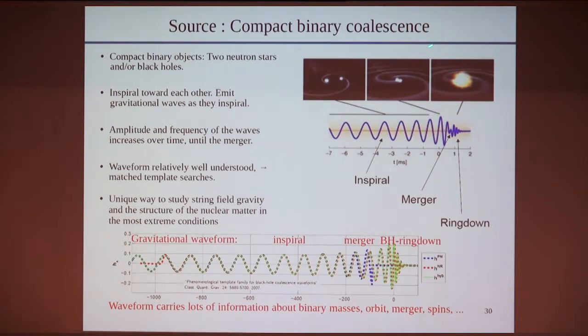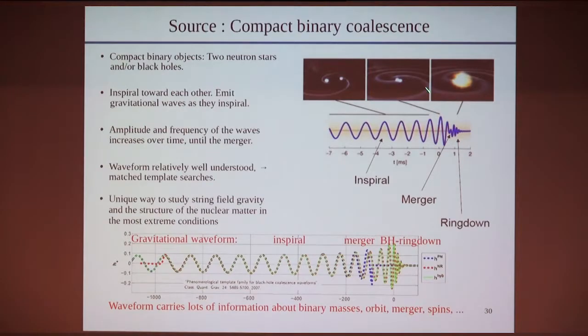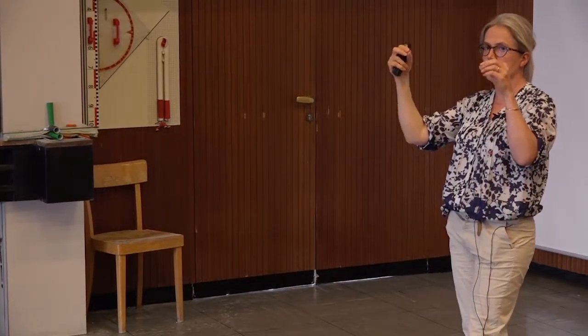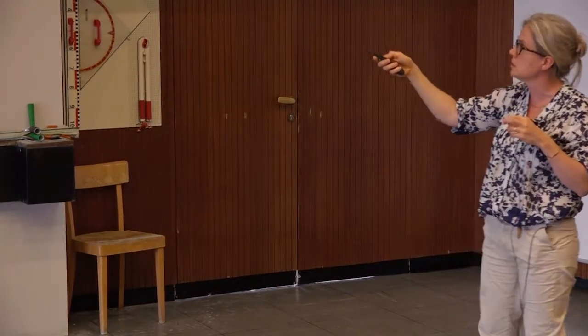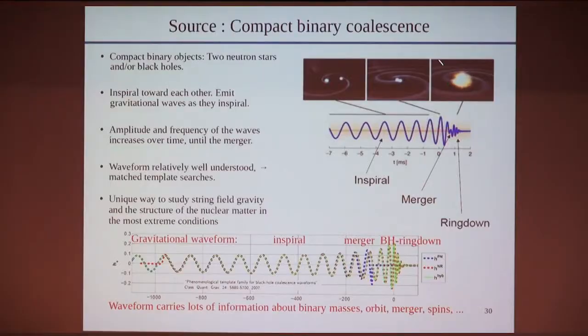So, compact binary sources, coalescence. Let's spend some time on that. As I was telling you, you have a binary system, formed of neutron stars or black holes, or a black hole and a neutron star. They will coalesce over many, many years. They are losing energy, emitting gravitational waves. The two objects will come closer and closer, but it will take millions of years, actually. In the end, they will merge. The two objects will be so close that they will merge.